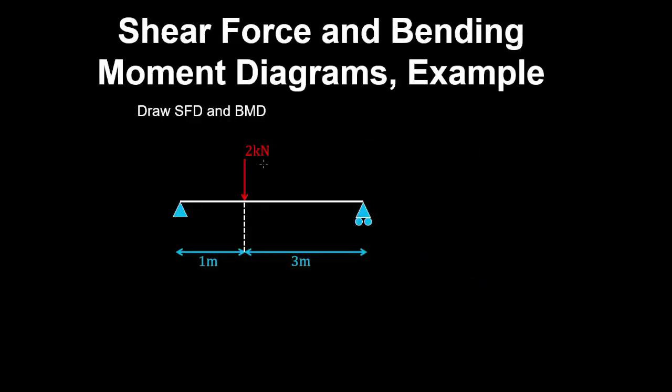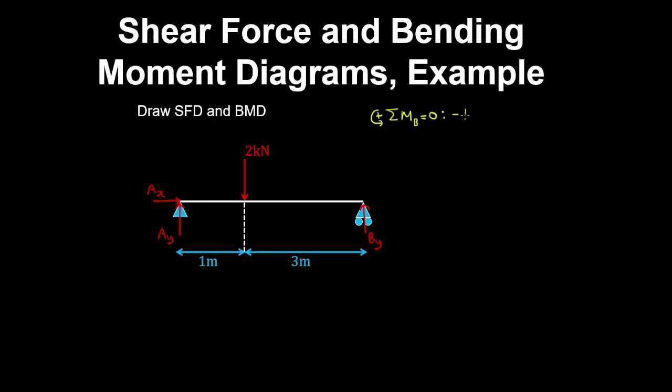Let's draw the shear force and bending moment diagram for this beam. So first we'll take a free body diagram of the beam and draw in the reactions. So at the pin we have a vertical reaction and a horizontal reaction. And at the roller we have a vertical reaction. And taking an equilibrium of moments about the roller with our counterclockwise convention,